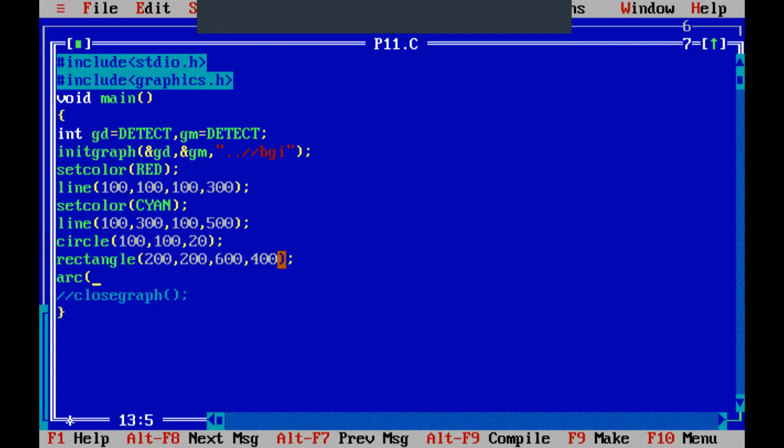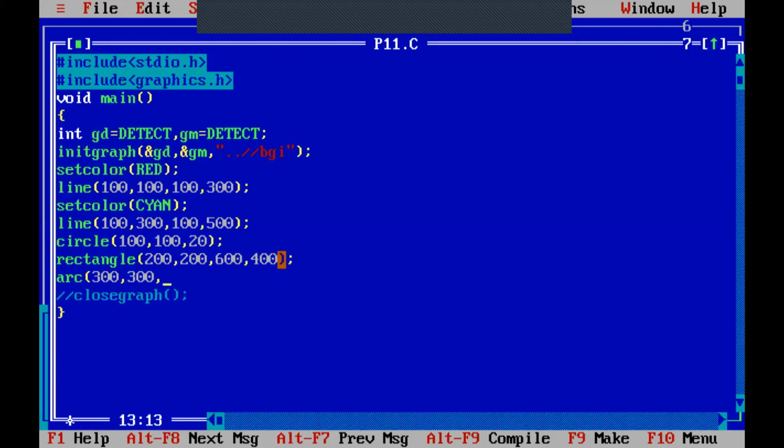So I will draw the arc now. For drawing the arc, what you require is again the center point, because arc is a portion of your circle, isn't it? So here also I require the center coordinates. So let us take the center coordinate as 300, 300. This is the central point from where I will start drawing the arc.